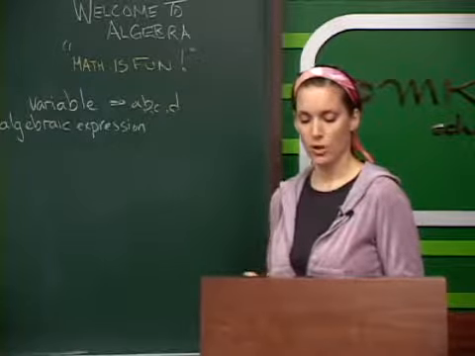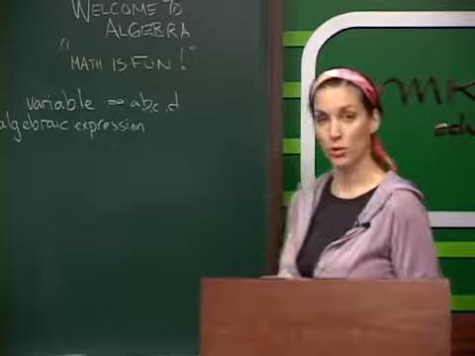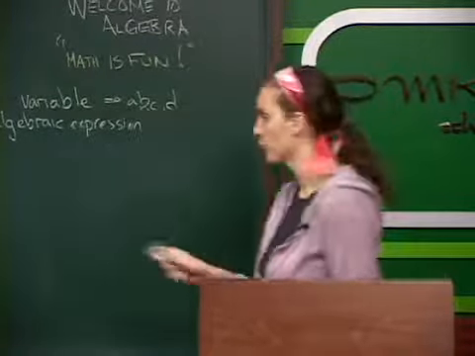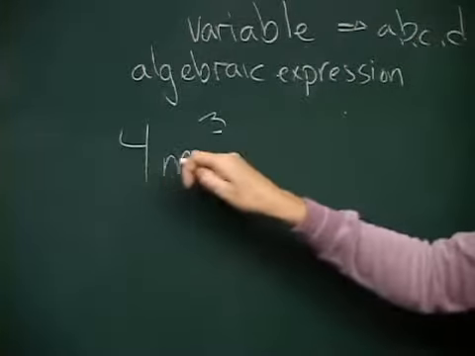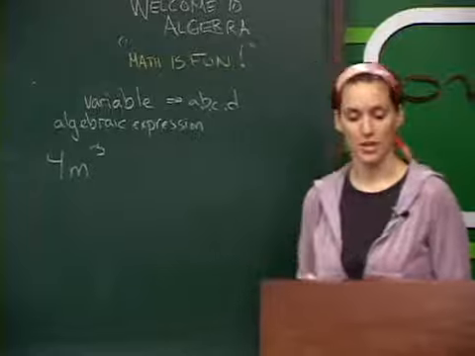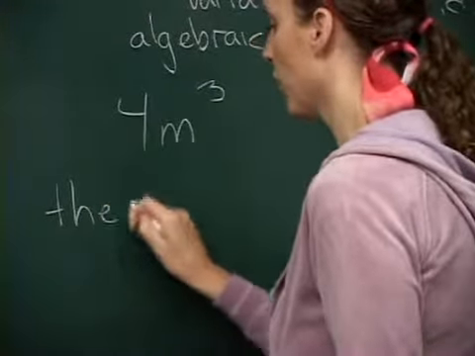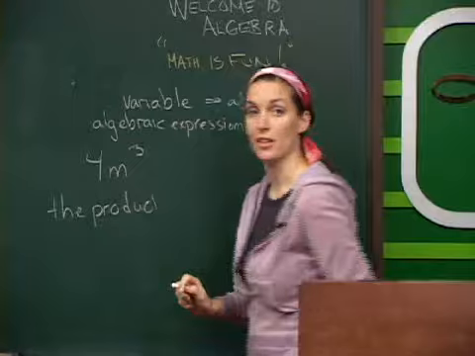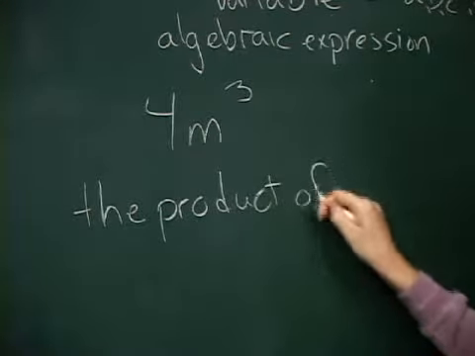All right, let's go on now and talk about writing verbal expressions. Another important skill is translating the algebraic expression into the verbal. So for example, let's look at this one. 4 multiplied by m to the power of 3. That's one way you can say it. You could also say it's the product, because remember the product is when two things are multiplied together, or two factors are multiplied together. So it's the product of 4